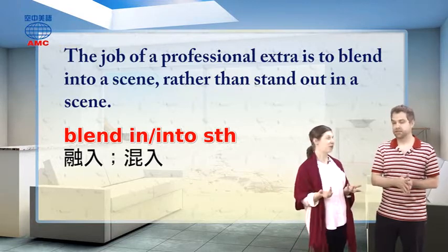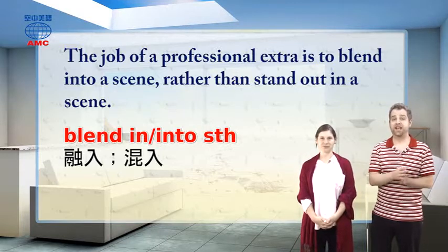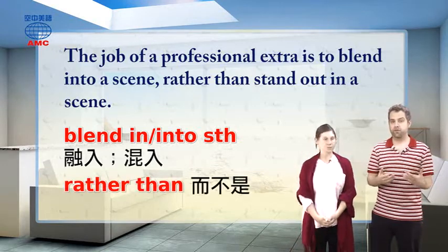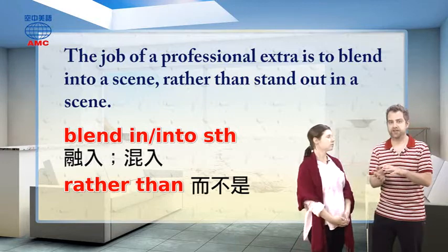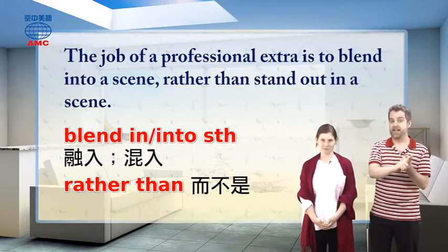Then you're just not very good at your job. Exactly. So they need to blend in rather than stand out. And we use that phrase "rather than" when we want to emphasize one thing over another. So we're saying not A, but B. Something is like this,